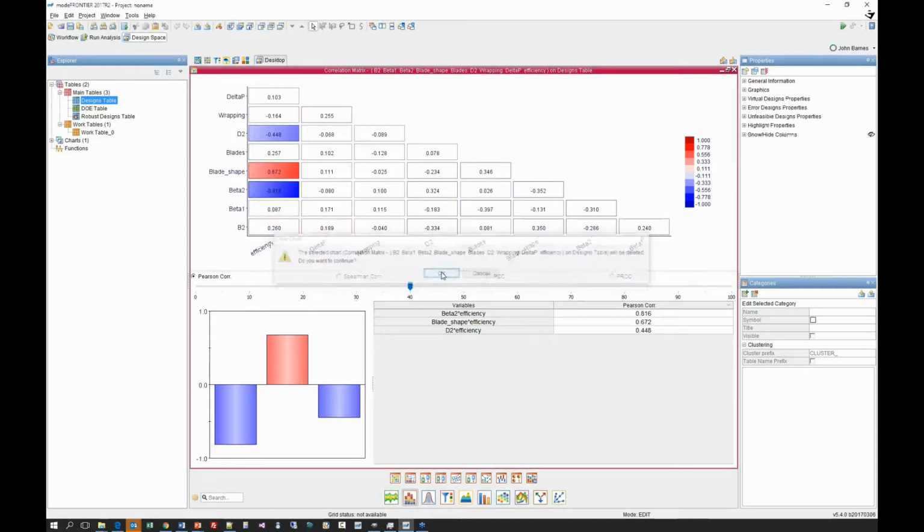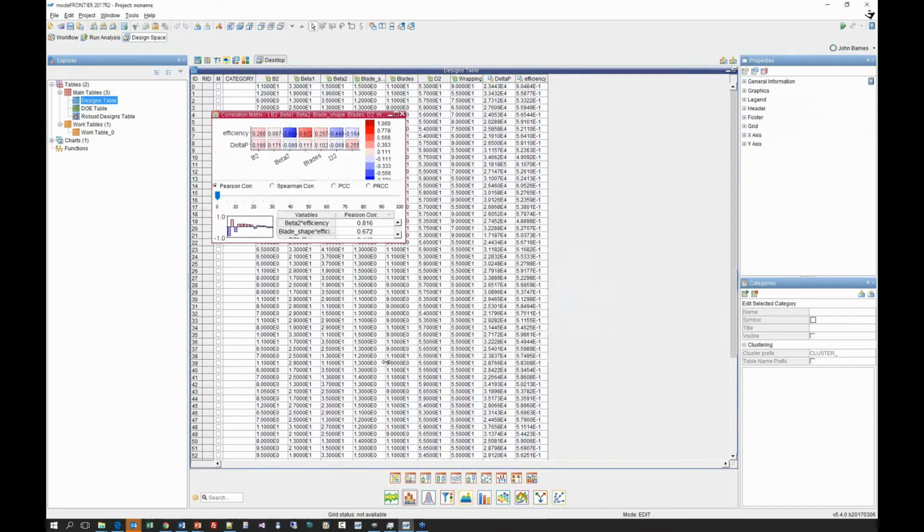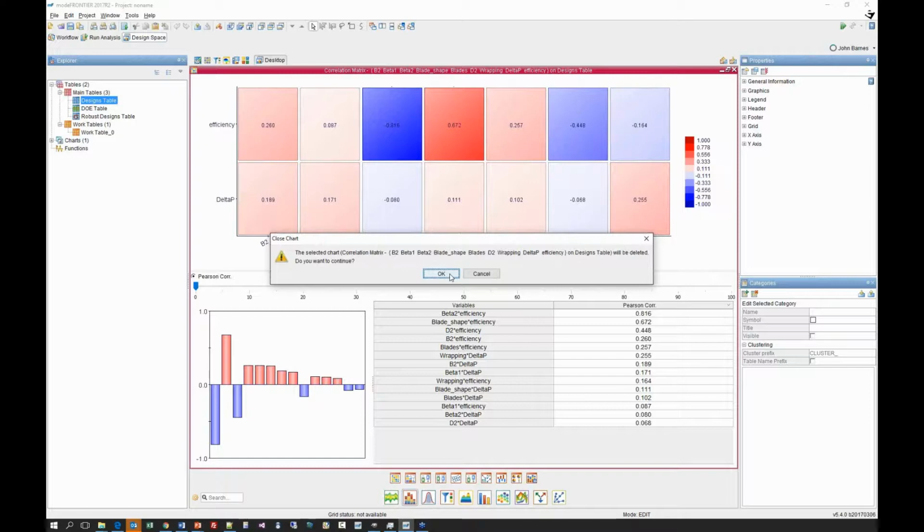It is also possible to do the same plot, but using a rectangular correlation chart, and this way I can select my y-axis, I believe to be, or my inputs, and my y-axis to be the outputs, and then we get exactly the same representation, but in a rectangular form, and it's probably a little bit tidier, not having every combination of inputs to outputs. So they're nice ways of just being able to represent this data, and first of all looking at some of the correlations.